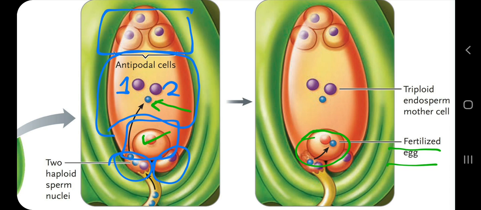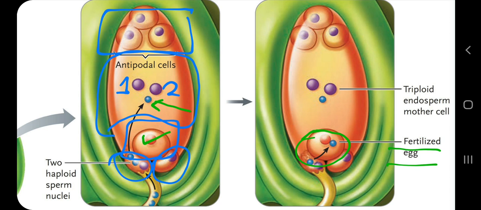Now these two nuclei are haploid nuclei, one from the egg, one from the sperm, and this stage is called dikaryon. You must be familiar with dikaryon in the case of fungi. So dikaryon is a stage having two nuclei, and this stage is temporary, of course. These two nuclei will fuse and will form a single diploid nucleus of the zygote, and that will give rise to